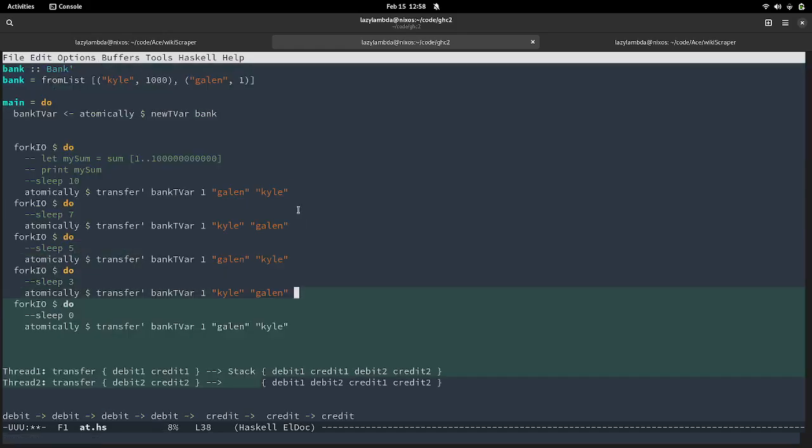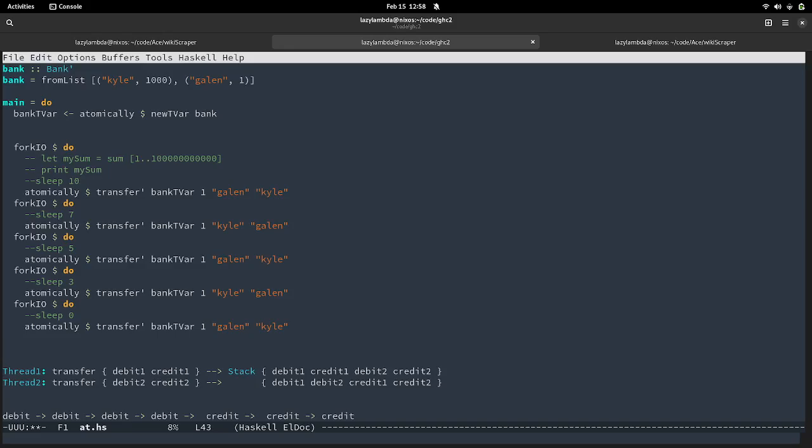We want to ensure that it's going to be the one correct case of 24 every single time. That's what atomically guarantees. That's why I can look at this program and say I guarantee that this is going to succeed every single time: because of the use of atomically.